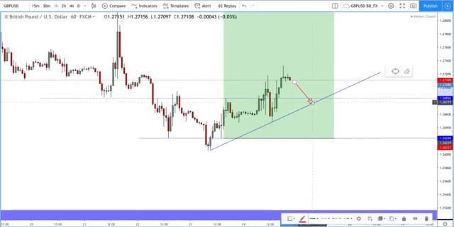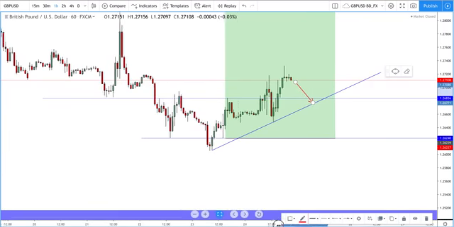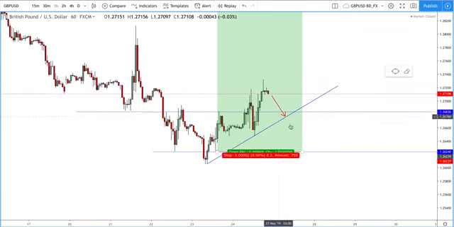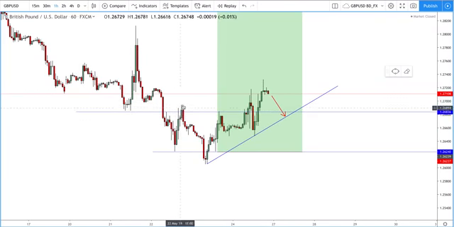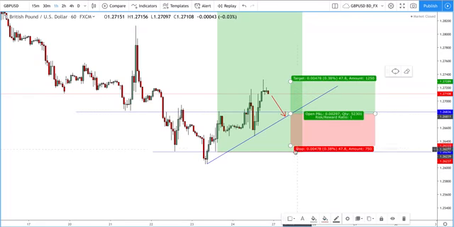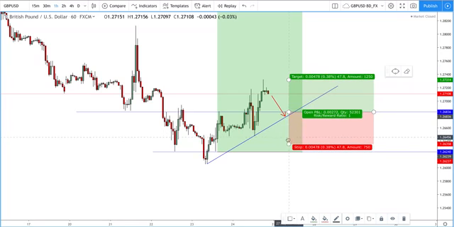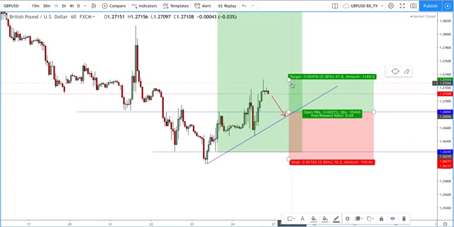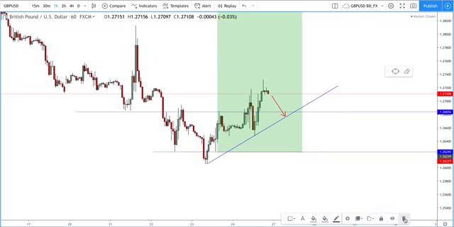And if we come down here, we can always look at adding a second entry on the third test of this trend line. You can also see the support level here, resistance, and so we may come down, use that as support one more time, and from there you might see that big push up to the upside. So from here we can always add one more trade, again, which I'll explain within the group. We could look at a trade something like that, and then aiming to the highs. But yeah, look for that third touch next week.